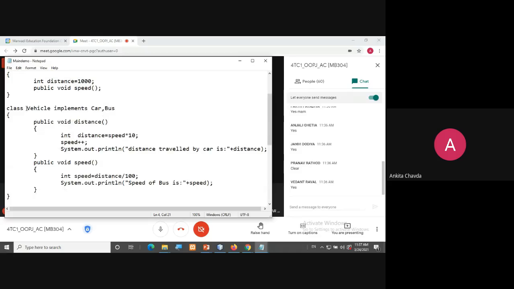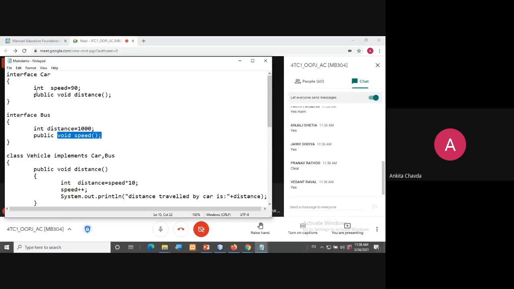Here I have one class, vehicle. This vehicle implements both the car and bus interfaces. So what is the condition? You have to compulsorily give definitions of these two interface methods, void distance and void speed. Fine.